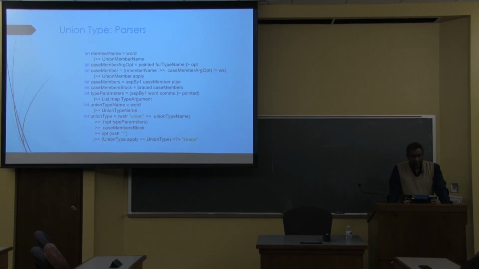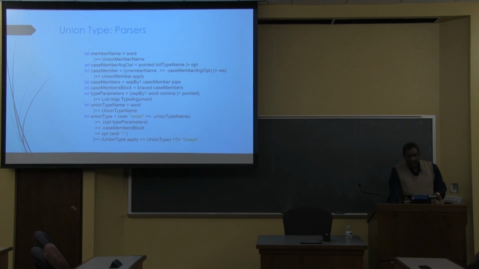So you can now figure out how to get an optional case member argument, which is to say an optional type argument, an optional set of members, the type parameters, and then finally the last parser is the one that says, please look for the thing that starts with union, followed by something that will be consumed by union type name, which is this parser over here, and which will return a union type name, and then potentially get any optional type parameters, then pull out all the case members in a block that is braced, and then optionally ignore a trailing semicolon, because we're C# people, and then build a union type out of it.